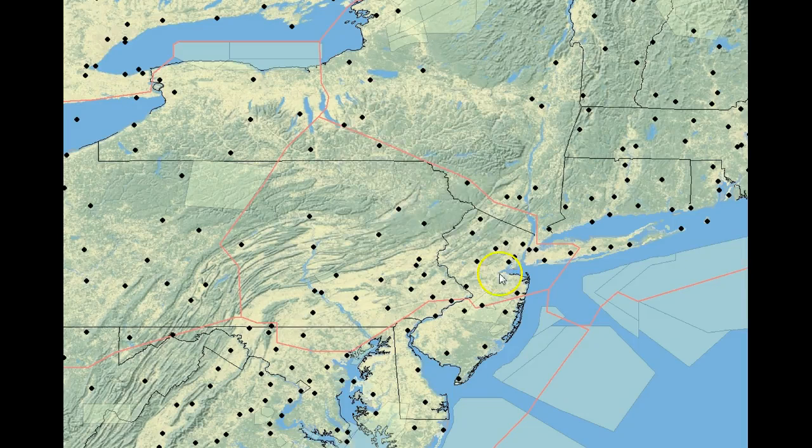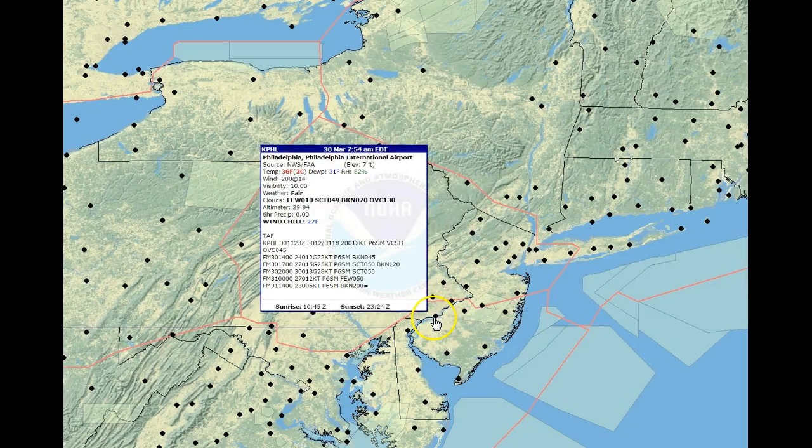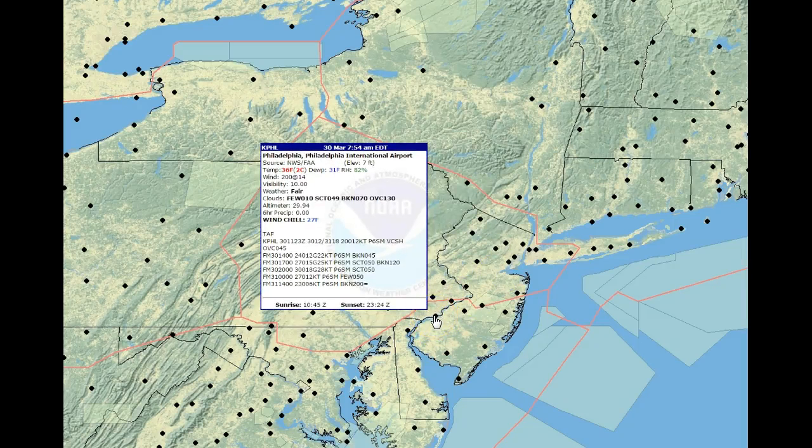this afternoon. Now for Philadelphia, we have 36 degrees, which is around normal for this time of the year, maybe a little slightly lower than that. Dew point 31, humidity 82%. The wind is out of the southwest at 14. Again, the conditions for today will be the increase of the southwest winds and then the wind shift to the